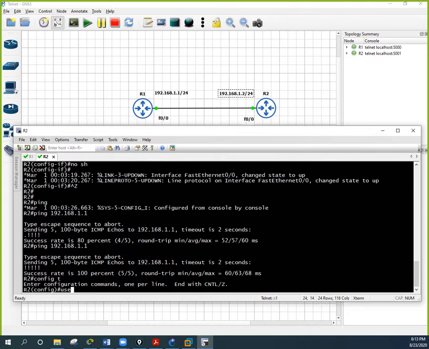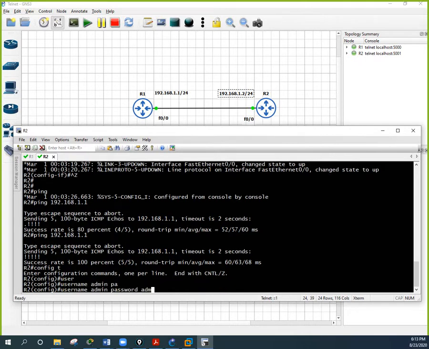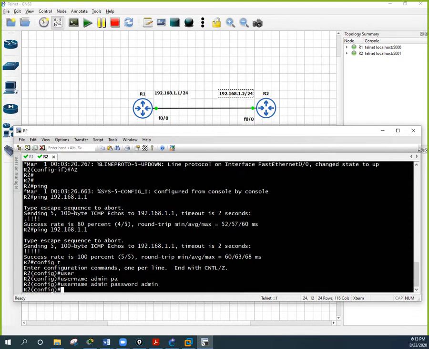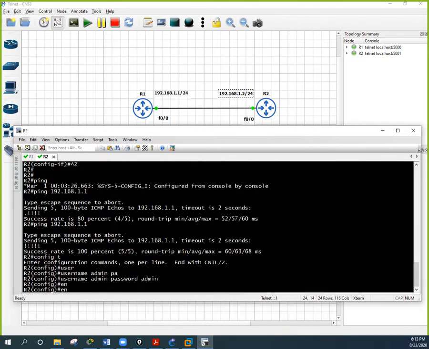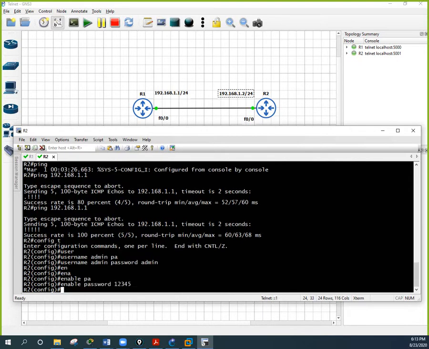So I will create a user admin, password admin. Now I created one user, and we need to write an enable password. So I will write enable password 12345. So the basic thing is done: we created one user and one enable password.